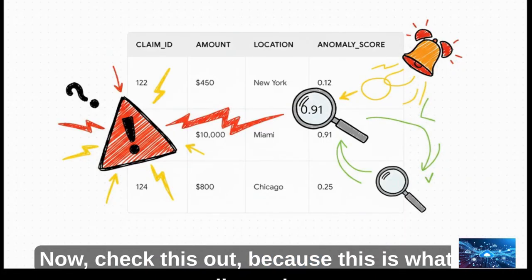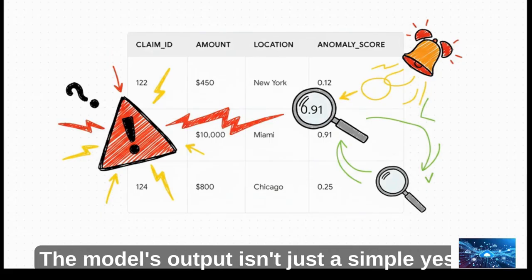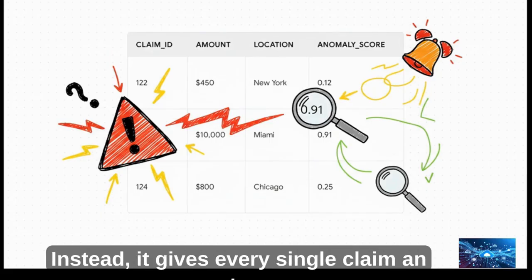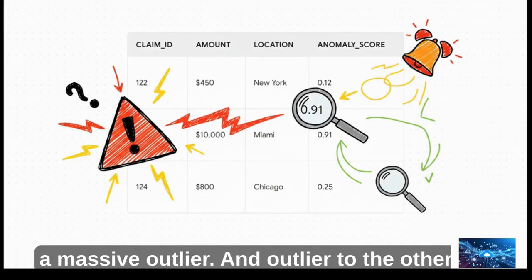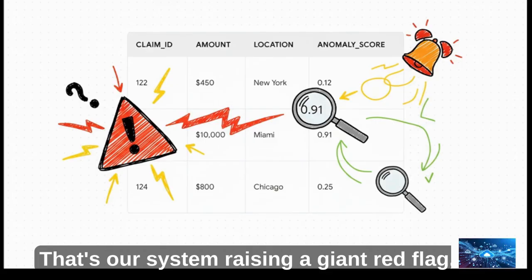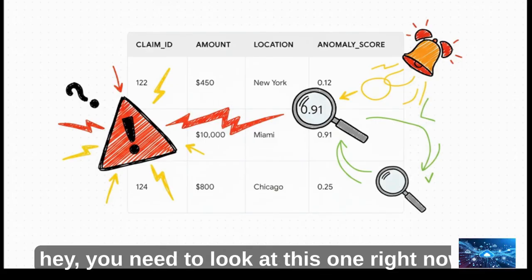Now check this out, because this is what's really cool. The model's output isn't just a simple yes or no. Instead, it gives every single claim an anomaly score. And you can see right away, claim number 123 with a score of 0.91 is a massive outlier compared to the others. That's our system raising a giant red flag, telling an investigator, hey, you need to look at this